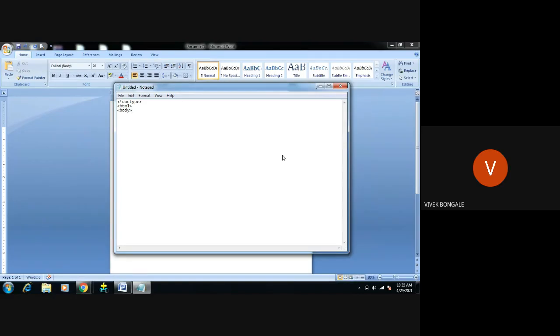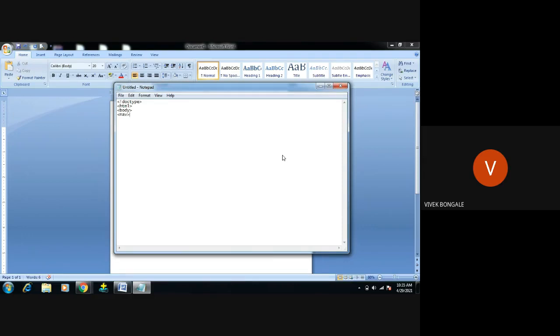Under that body, we're going to use whatever we want to display on the web page. All of it will be under body only. As we are using navigation, straight away I'm using nav. This is the tag we're going to use for navigation. In HTML5, whatever we are doing, all are in one container.